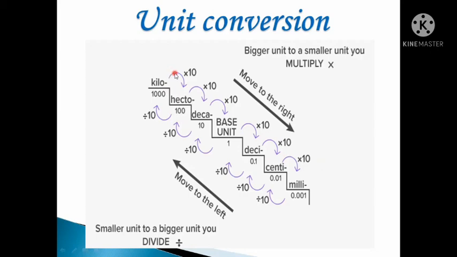Okay, it is multiplying. When you want to change from a bigger unit to a smaller unit, you have to multiply. Whenever you are given numbers to convert, first you have to check whether it is a bigger unit and whether we want to change it into a smaller unit. If we want to change into a smaller unit, you have to multiply by the numbers. Suppose you want to change a smaller unit to a bigger unit, you have to divide. Okay, very easy. How many steps we have to go? That many tens you have to multiply or divide. Okay, children.